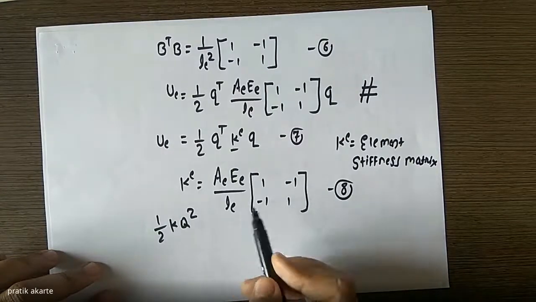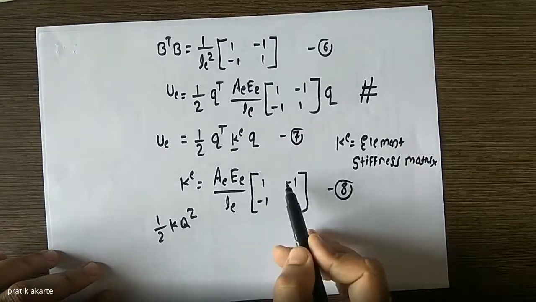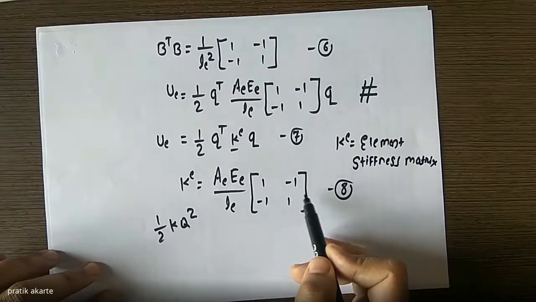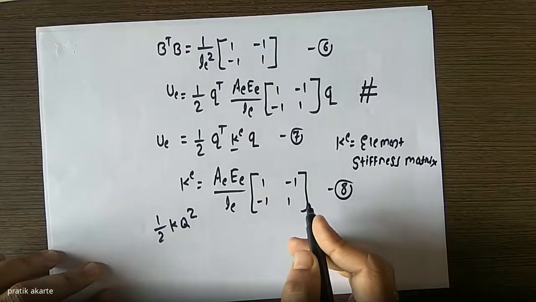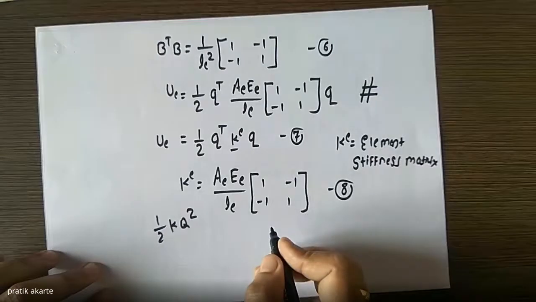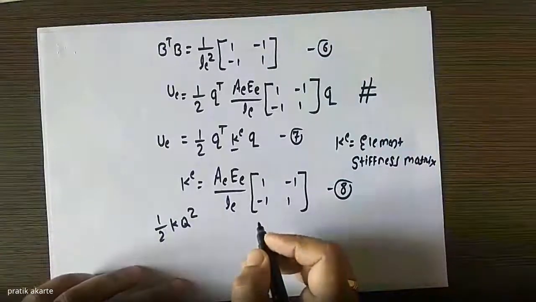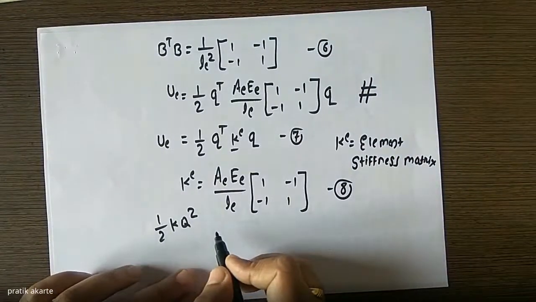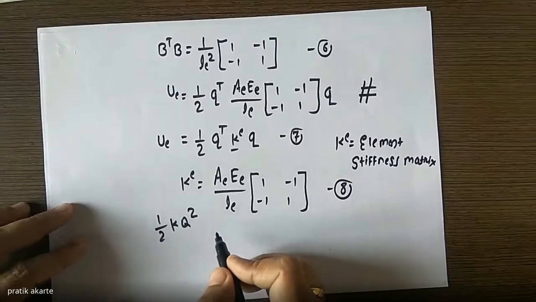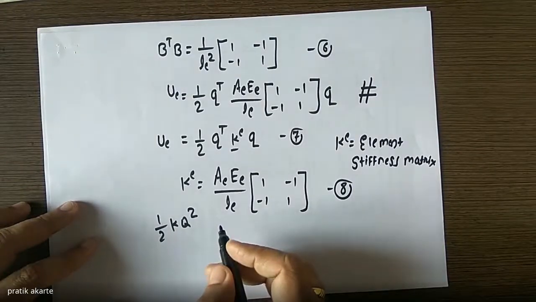Okay, it is observed that this matrix is symmetric and its transpose would be the same. So what derivations can we derive from these equations? First, the strain energy of this element is the same as that stored in a simple spring in general terms.